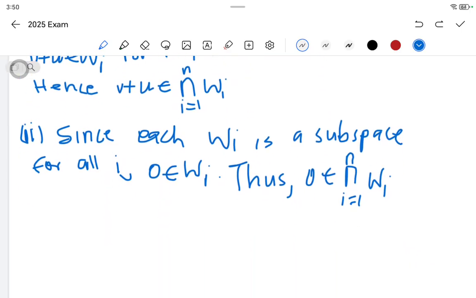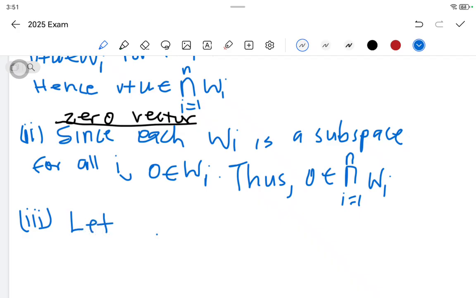It means that when you come to show the last one, scalar multiplication, here I should have written 0 vector, right? 0 vector. So we know that here we need to pick some element from Wi. So we can let just one element. We can let V be an element of Wi. You say, right? Then we say that since